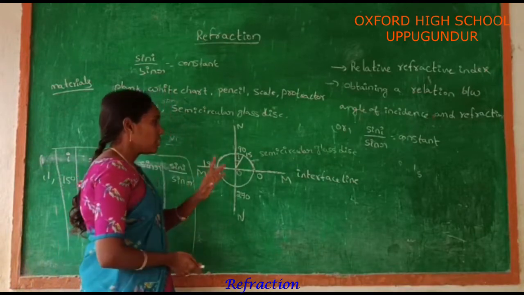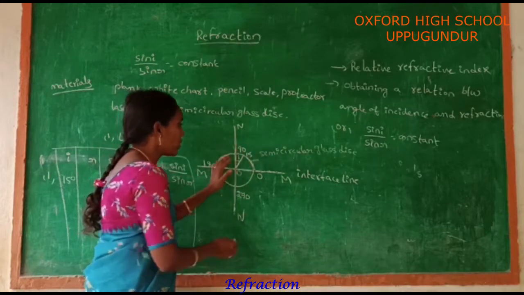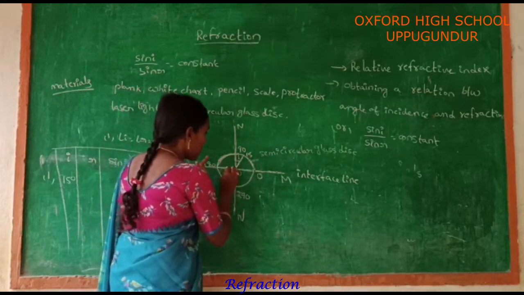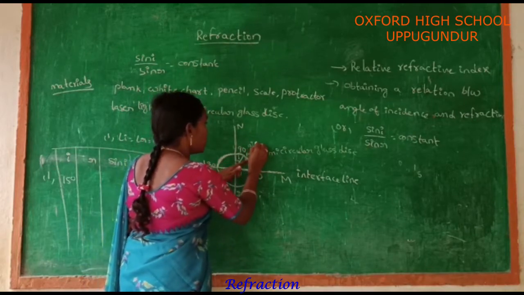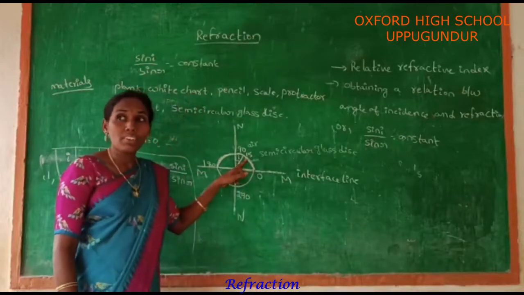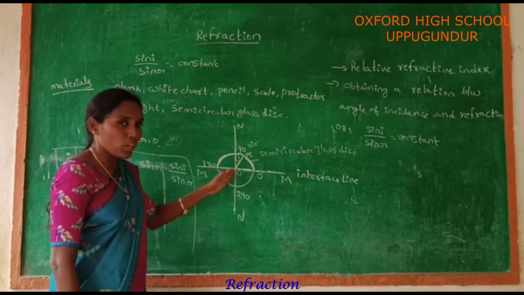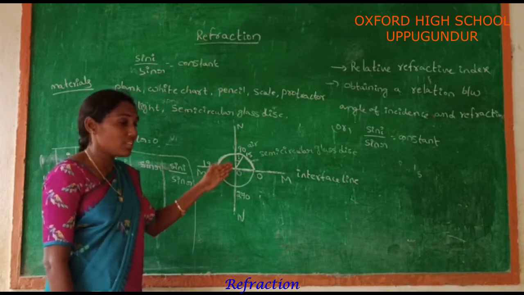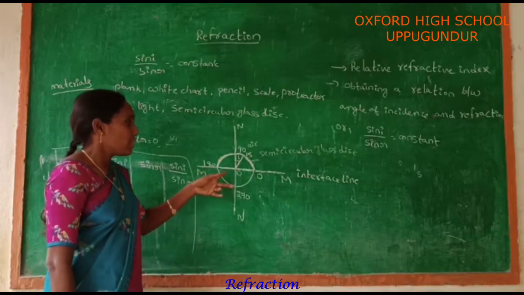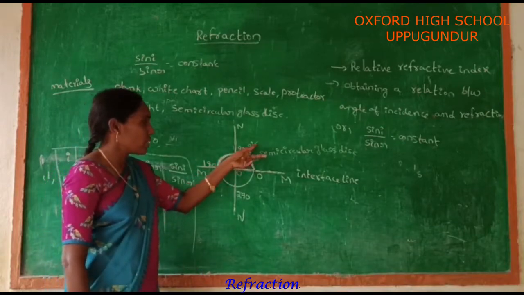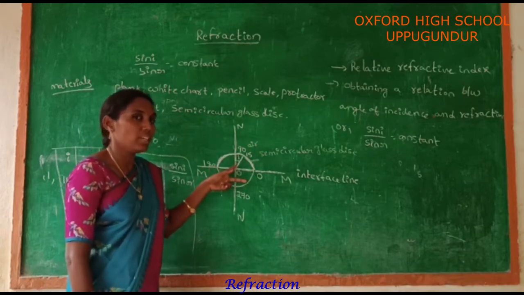In the first case, when we send a laser light, the light travels from air to glass. Now this is for the semi-circular glass. The light travels from air to glass. This represents the angle of refraction. After that, the light ray comes outside of the glass, that means the light ray enters the air medium again. In the first case, the light travels from air to glass, and at that time you find the angle of incidence.